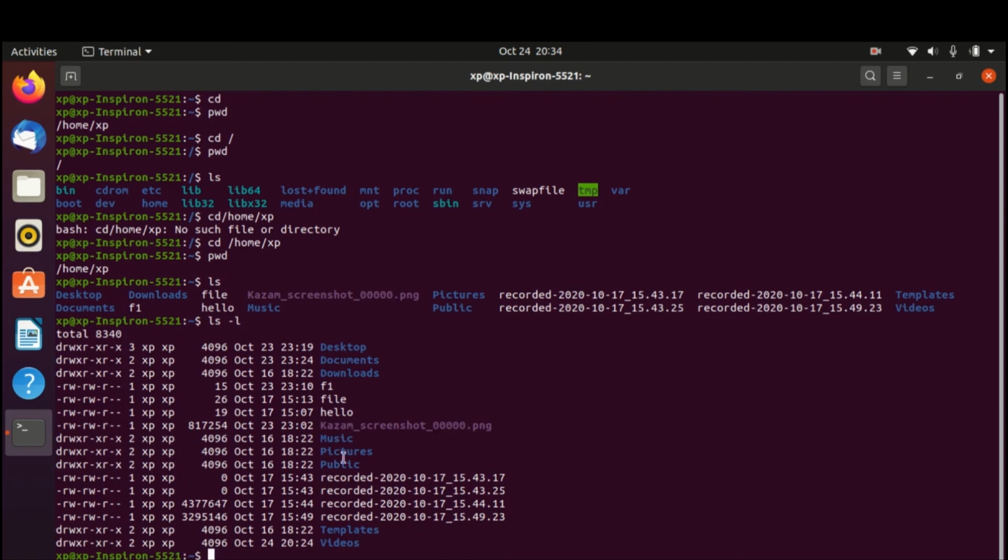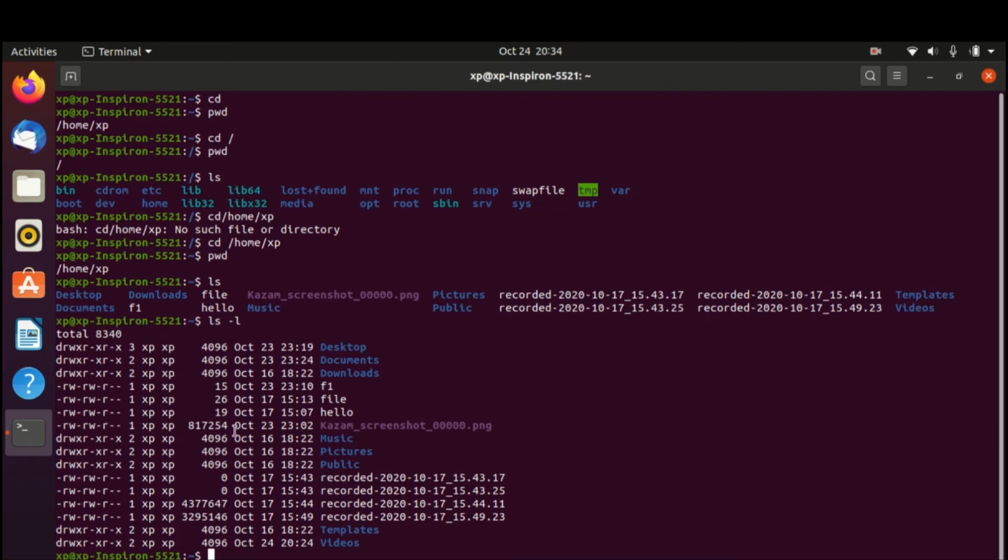And in the beginning it shows drwxr-xr-x, then 3 xp, like that it will show.